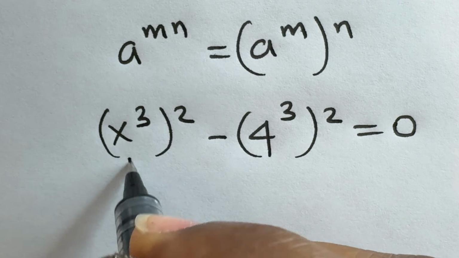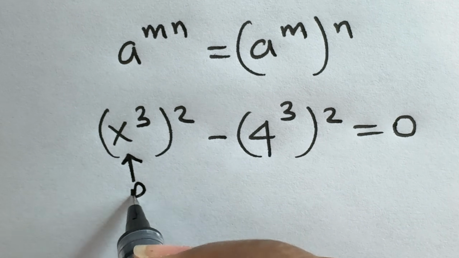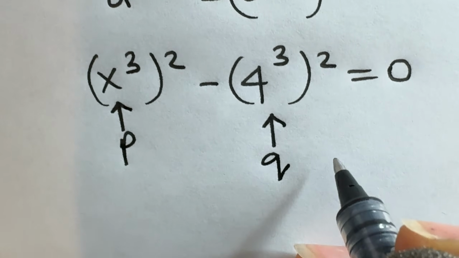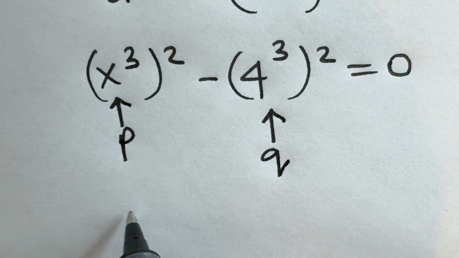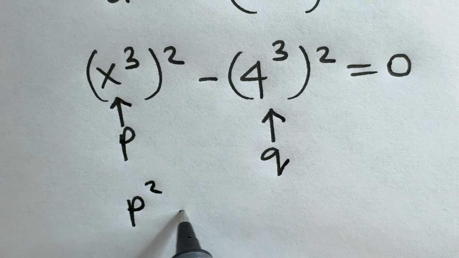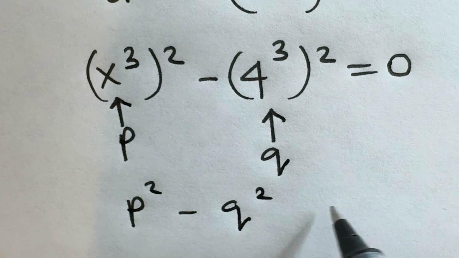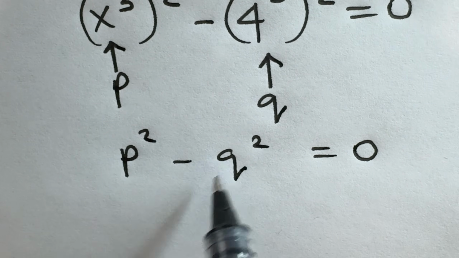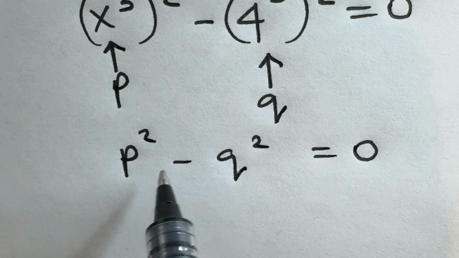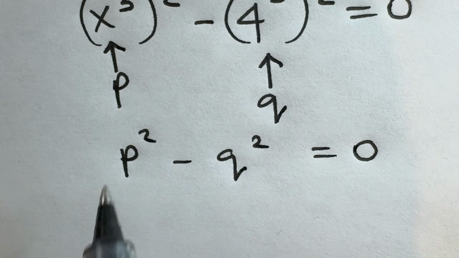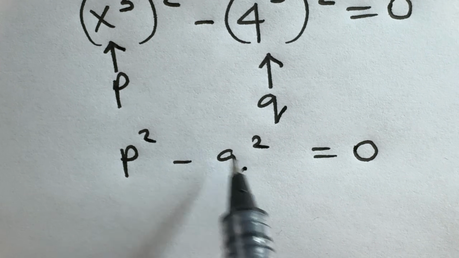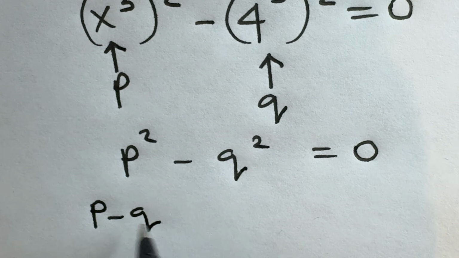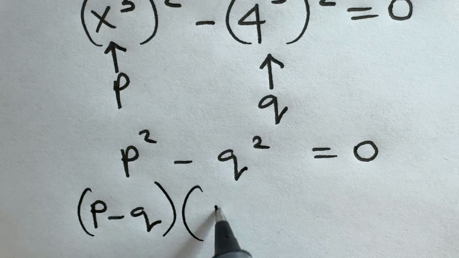If I let x raised to power 3 be p and 4 raised to power 3 be q, then we can write the expression on the left as p squared minus q squared is equal to 0. This representation is just for adequate visualization. We don't need to make that representation. But now we can clearly see difference of two squares, and this is factorized as p minus q times p plus q